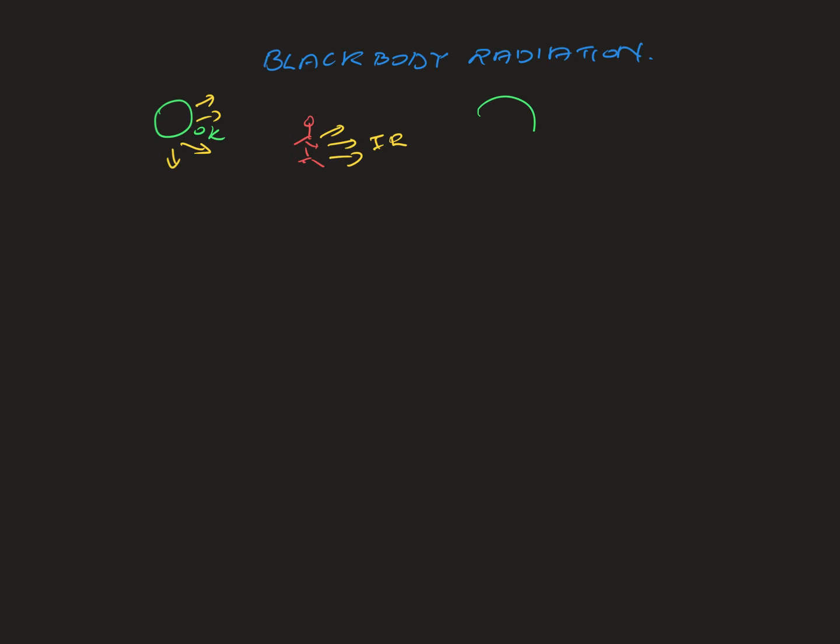Black bodies are not black, but they will absorb all types of radiation, all types of electromagnetic waves across all wavelengths, and they will not reflect any of those, but they will be able to emit waves at all wavelengths. So that's a perfect black body. A perfect black body is a theoretical one, but we can say the sun is a black body because the sun radiates waves at all different wavelengths, a wide range of wavelengths.